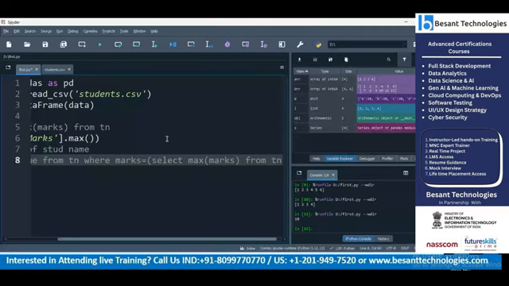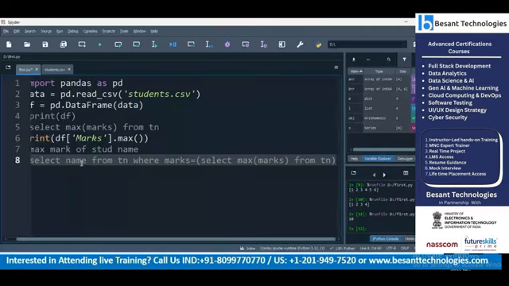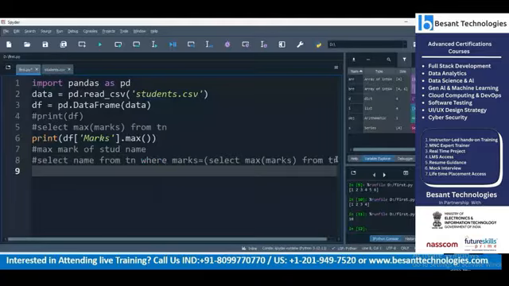So this is the normal subquery, you know. First you take the marks field, and then you go with the where clause, and you apply marks equal to select maximum marks from table name. Okay, I'm just going to solve this one now in pandas. Let's see how to do this. First step, remember, take one variable like df1, because already we have a variable with df. I'll take df1 equal to df of,